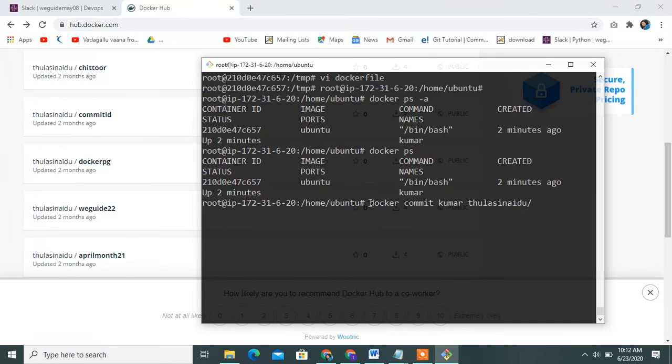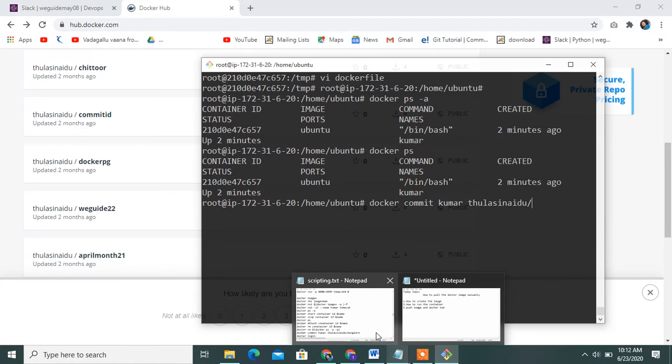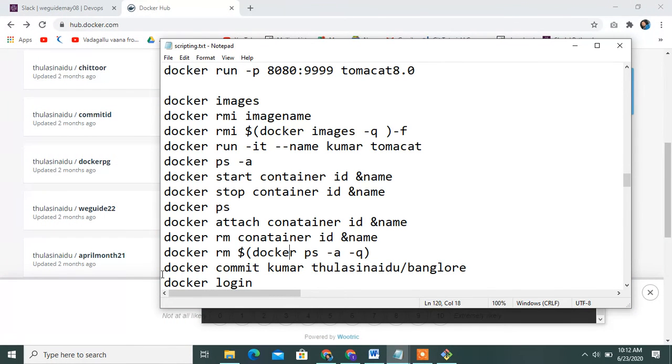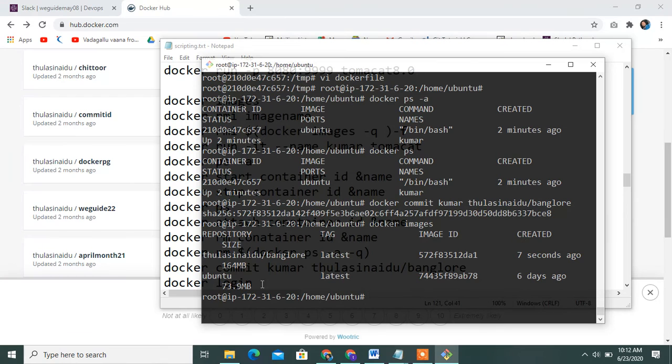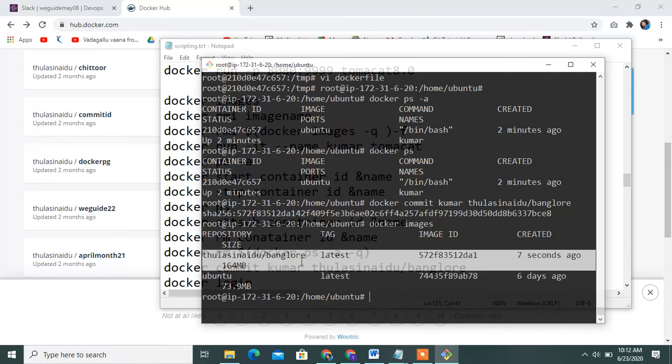See this command, observe it. You remember these docker commands. Image name is Bangalore, any name of your choice. Enter. Yes, it committed. Check docker images. See this is my docker image.